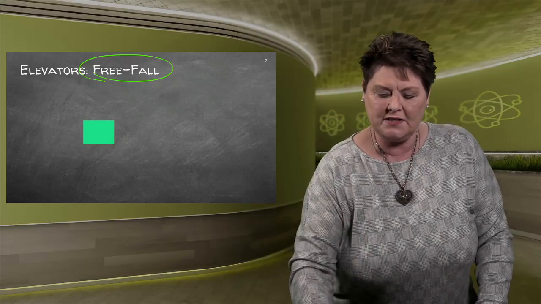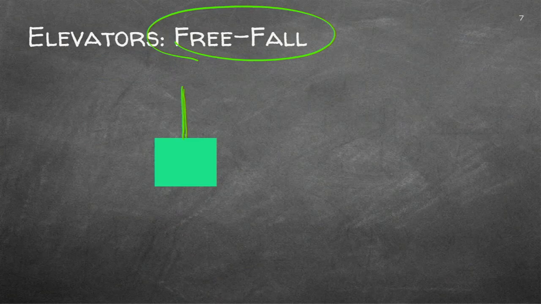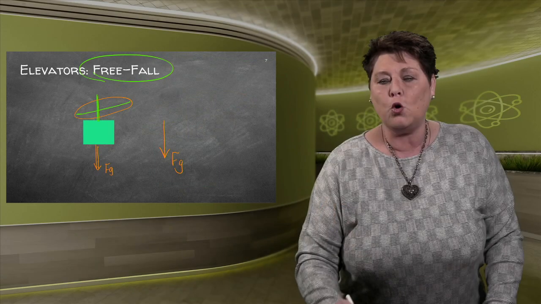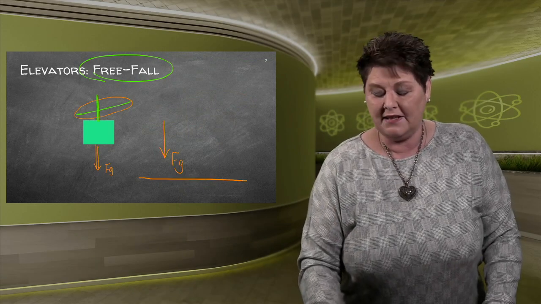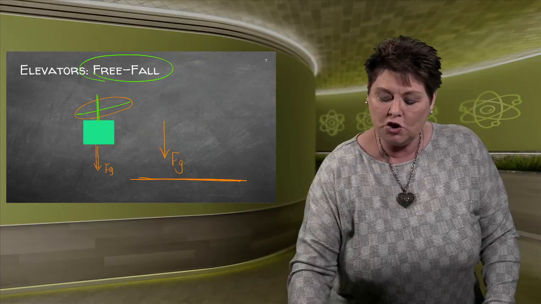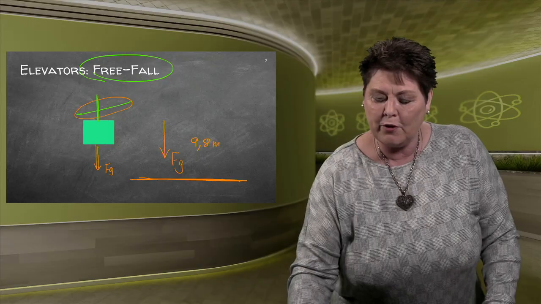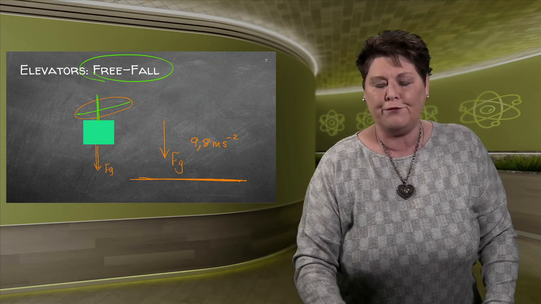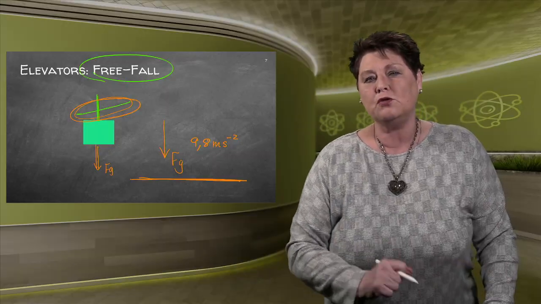But let's say, for instance, the cable that was attached to the elevator snaps. Now, you know I've got the downward force as gravity. And if this cable snaps there, it will only be gravity pulling it. I'm very sorry for anybody or anything that's in the elevator, because you will meet the ground at an extensively high velocity, because you will be accelerating at 9.8 meters per second squared all the way. So then you are just falling free and there's no tension or cable to keep you back.